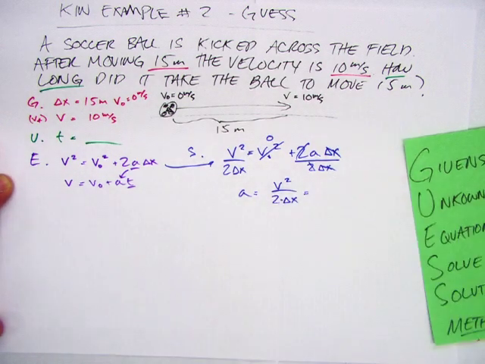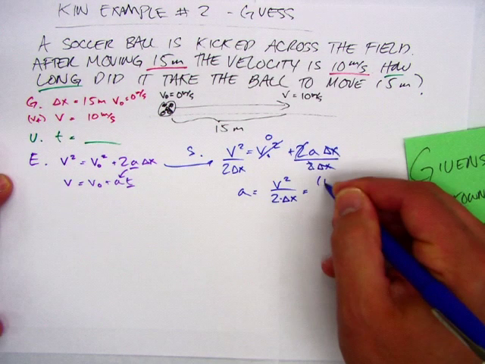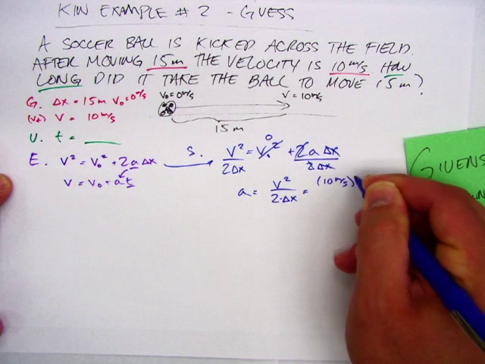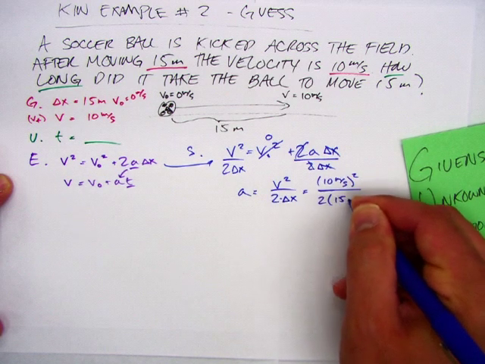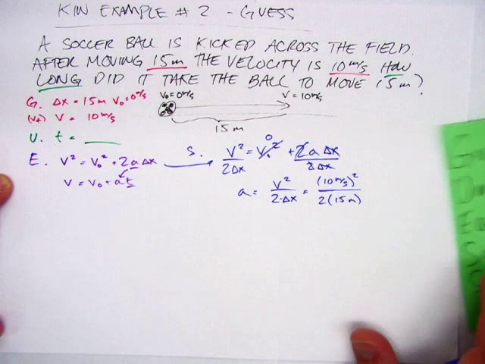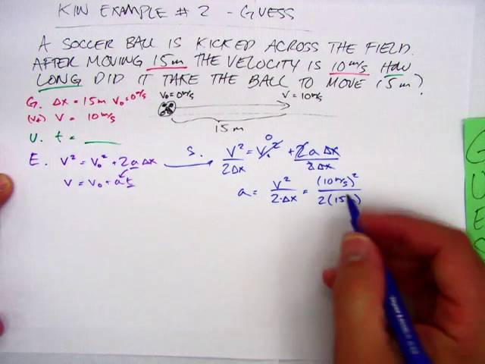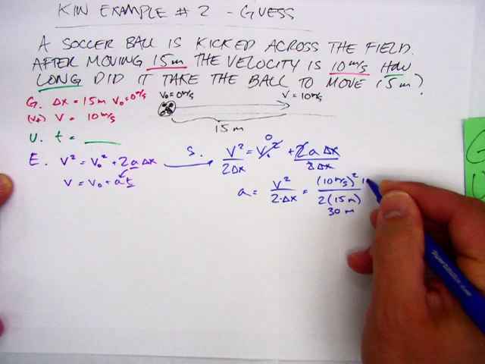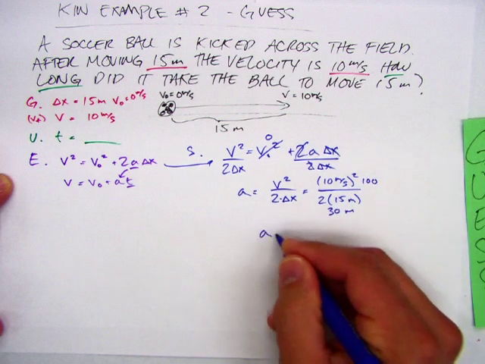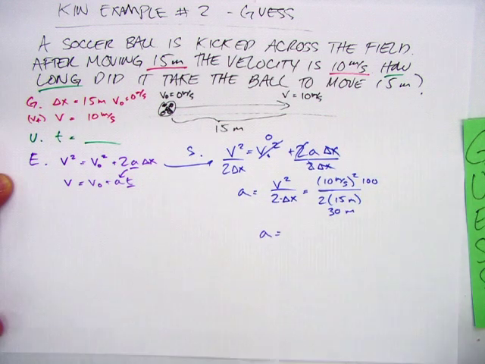All right, substitute in. V is 10 meters per second, squared, over 2 times 15 meters. So this is 30 meters. 10 squared is 100. So I have a is 100 over 30, or